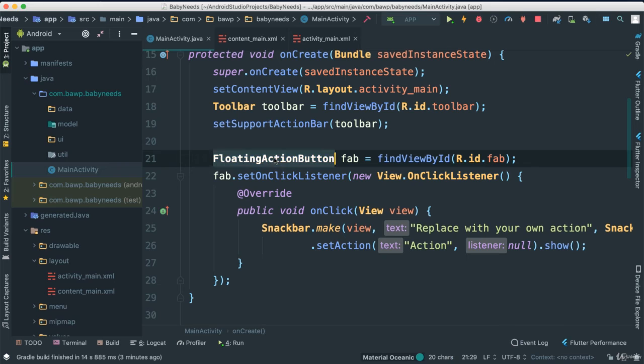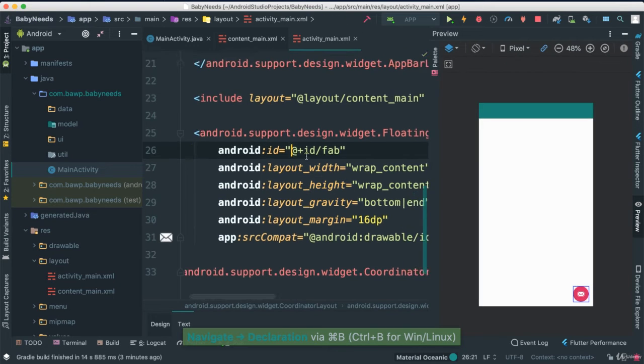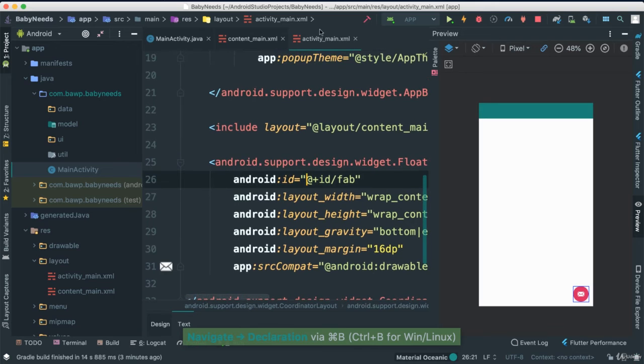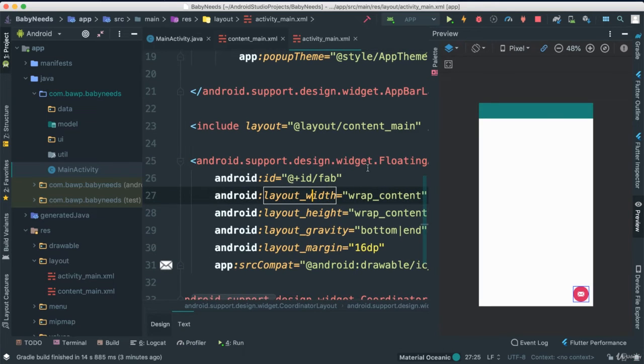So again, very simply, you can see the floating action button. It is a class, and we're instantiating it by saying r.id.fab. So command click that is going to take us exactly where it is being defined. It's inside of our activity main. Okay, so there is our floating